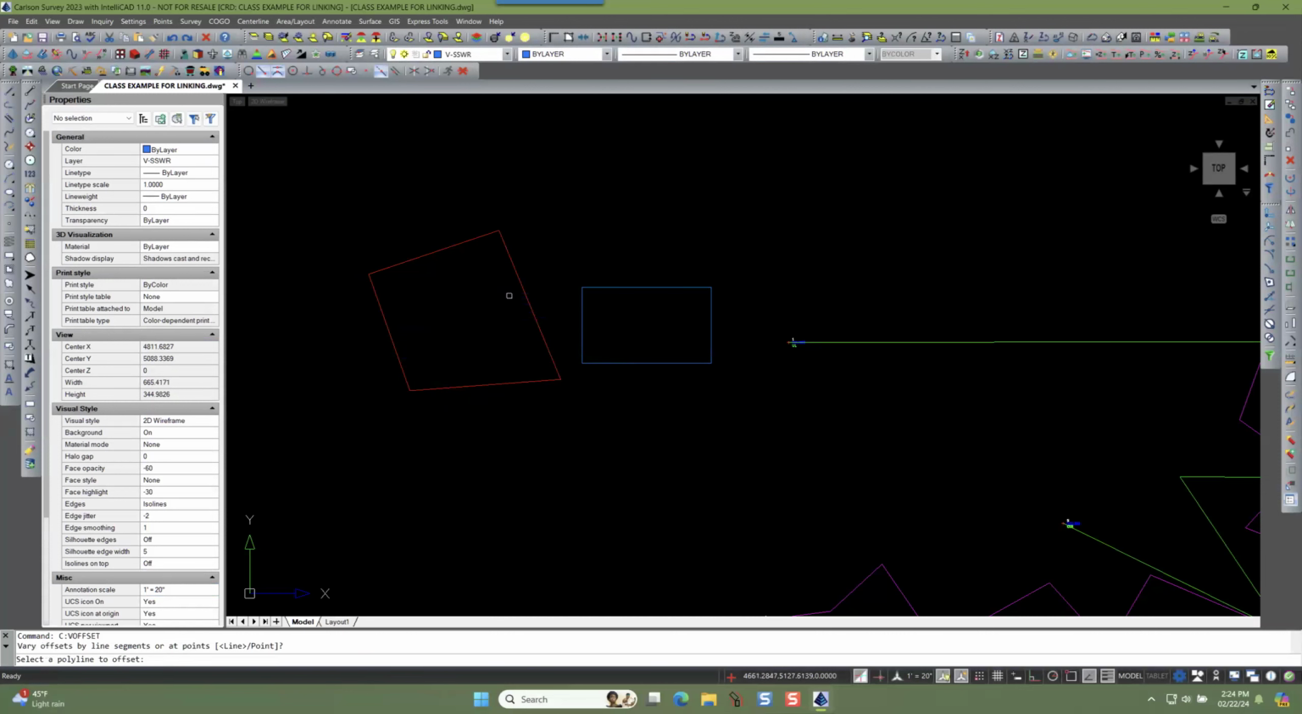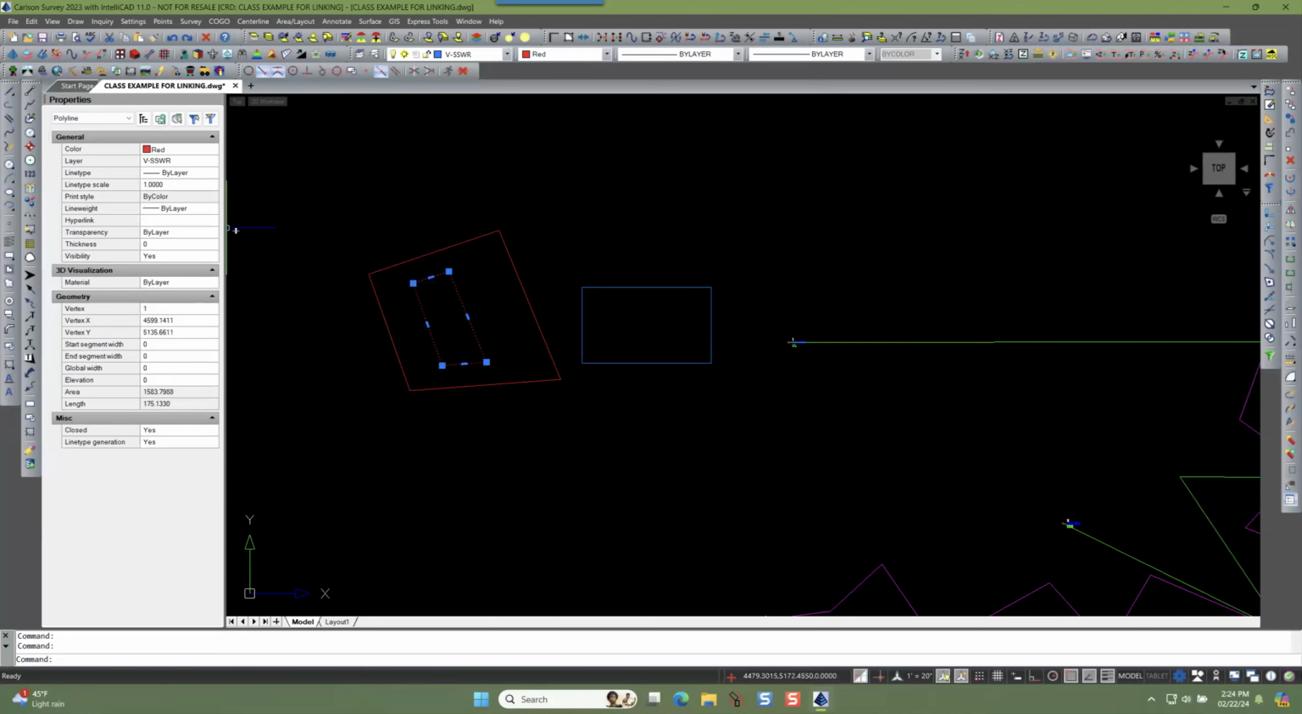Variable offset by line. We'll pick this. We'll go to the inside. And so my rear yard will be 25 feet. And then my side yards are going to be 15 feet, 40 feet in the front, 15 feet. There we go. Now, this would then need to go on, say,